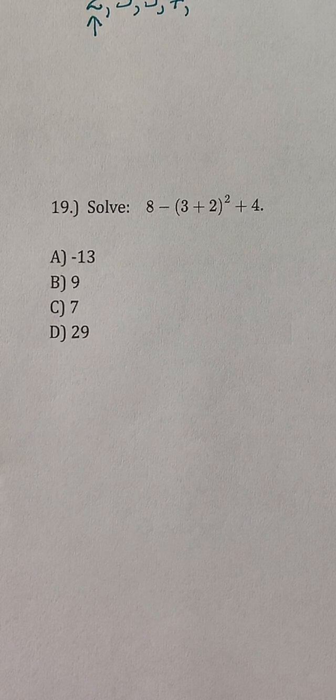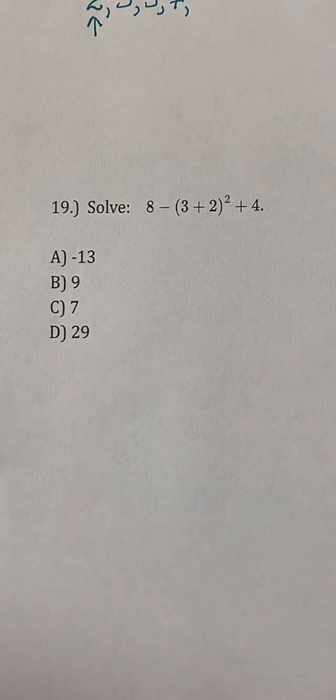So we got A, we got a 7, we got Bob with a negative 13. We got a 9, we got negative 21. All right, and so we have our B. Now,